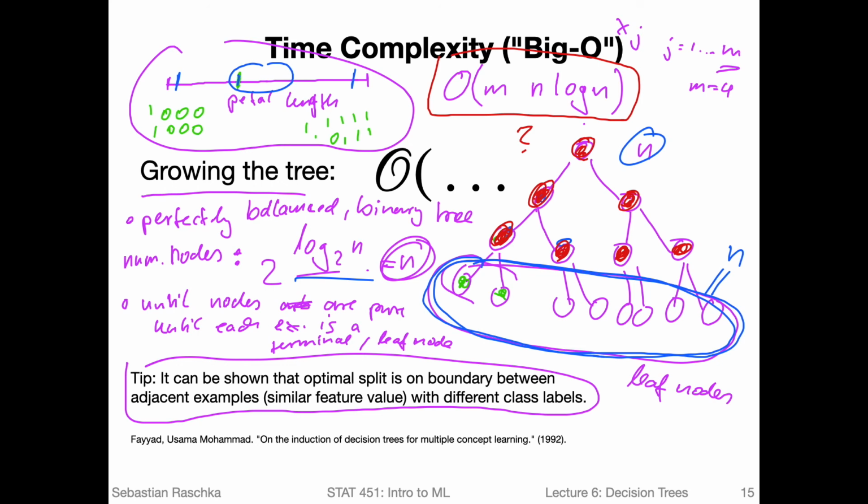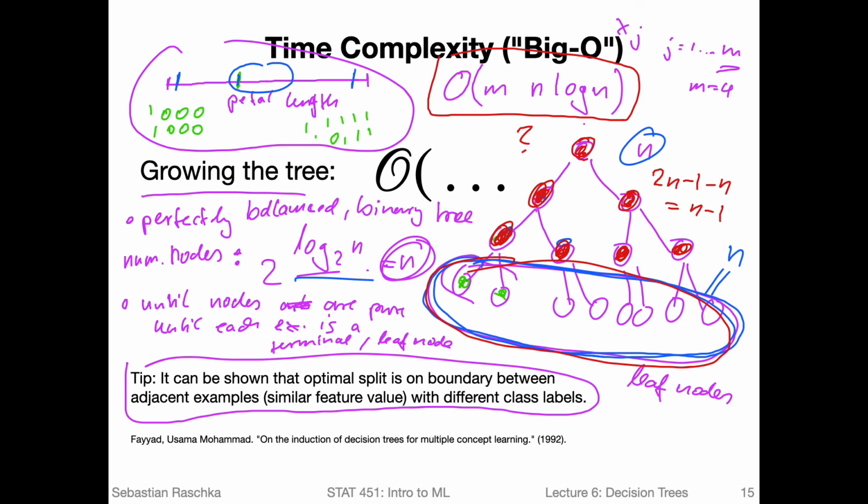So in total, in a decision tree, we have 2 times n minus 1 nodes in total. However, we don't want to count the ones at the bottom, right? Because here we don't have to do any computation. So to get the number of red nodes, we subtract the number of nodes at the bottom, which is n, right? So we subtract n, and this is then the same as n minus 1. So we have n minus 1 nodes where we have to do the computation.